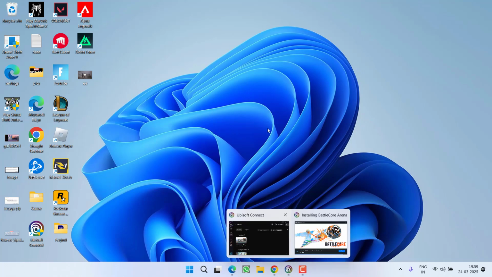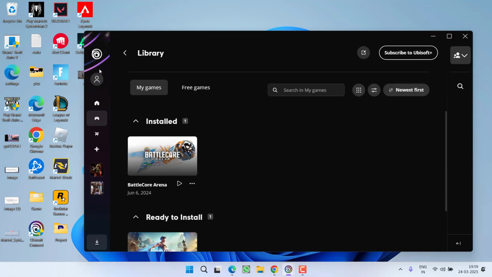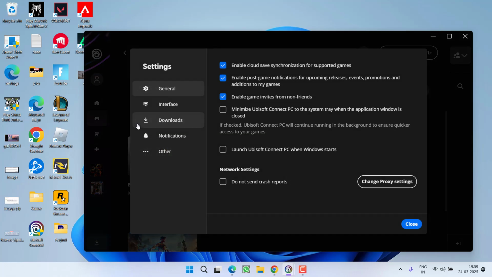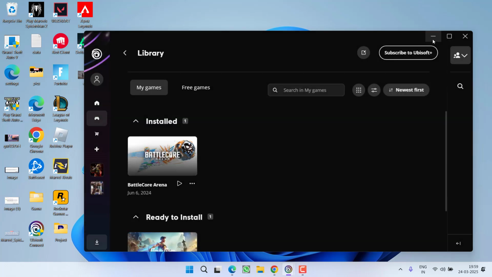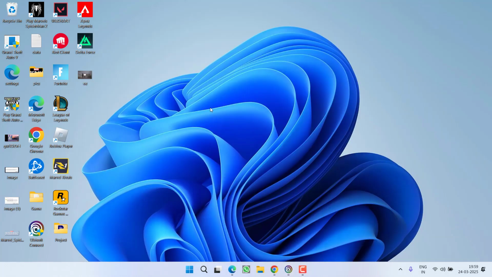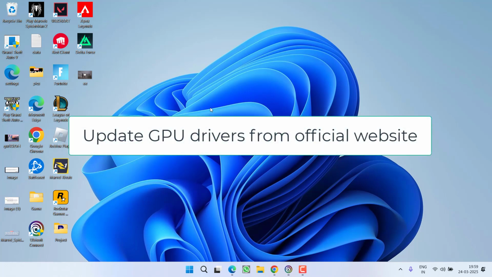Now in the Ubisoft Connect, launch Ubisoft Connect, click on your profile icon and choose the option settings, and right in the interface uncheck the option enable in-game overlays for supported games. Close it. After doing this step, make sure you have the updated GPU drivers because recently both AMD as well